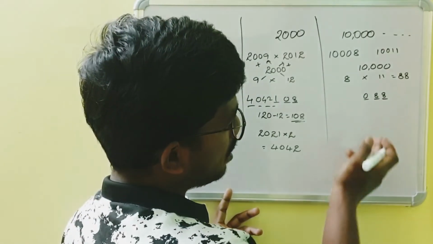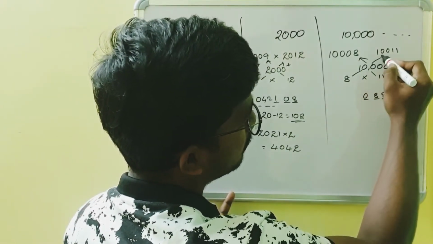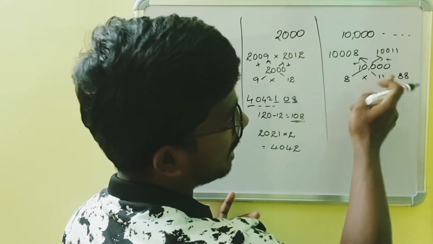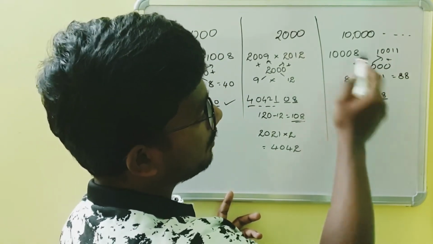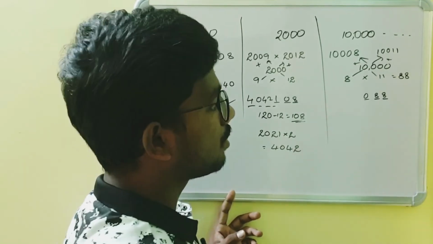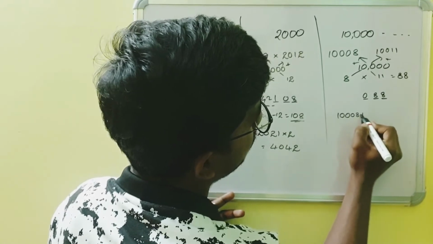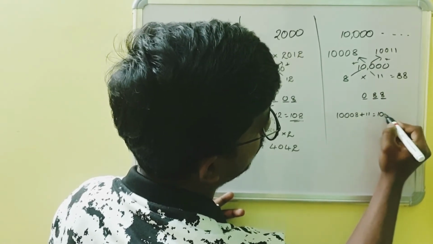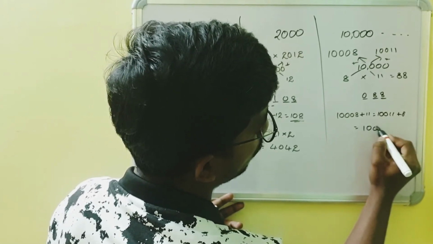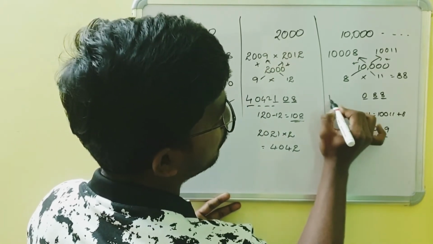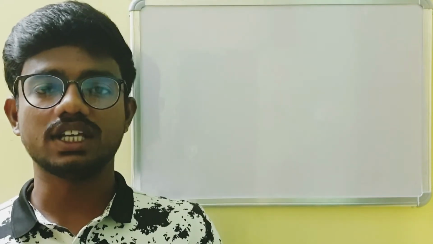Now, after obtaining this, we have to add the cross differences, as we have to add because those are greater than 10,000. So by adding 11 with 10,008 or 8 with 10,011, what we get here is 10,019. So my required answer is 1019088.